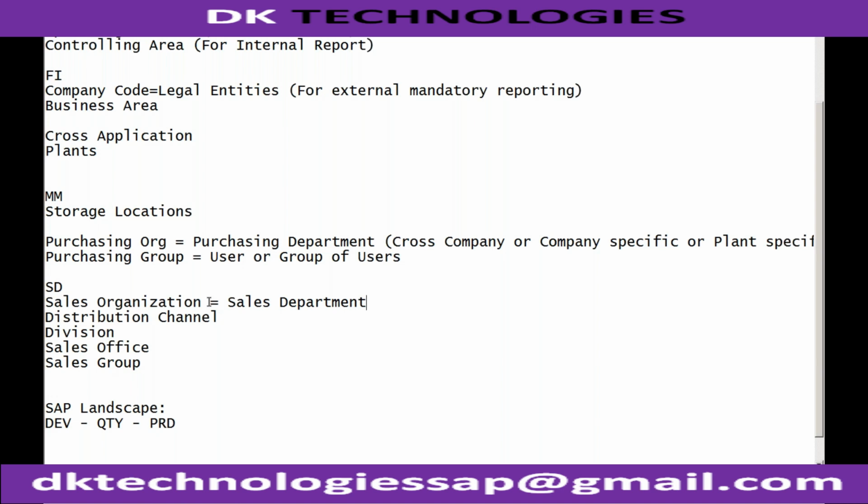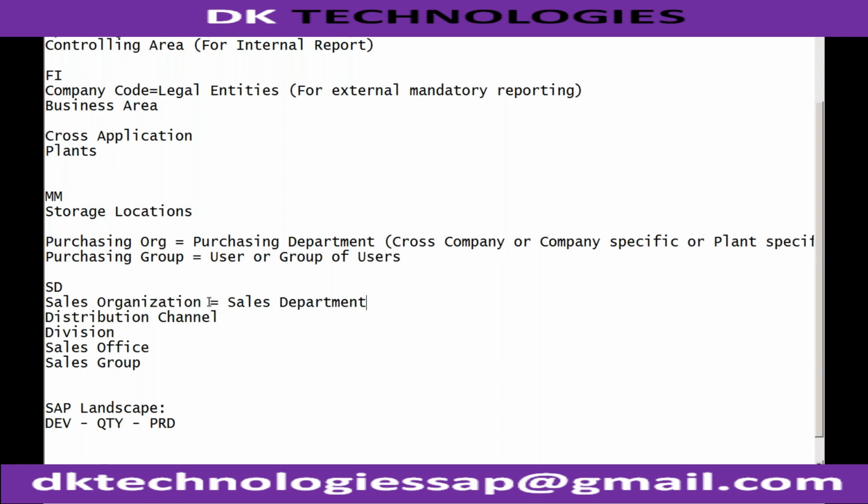And that is the reason sales organization assignment to company code is mandatory. Purchase organization, we understood, was not mandatory. Why? Because multiple company codes can use the same purchasing department. But one sales department cannot serve multiple company codes. One sales department, only one company code. Within one company code, different products, fine. But one sales department equals one company code; that is the mandatory thing you need to define.